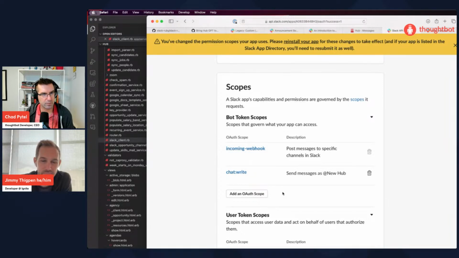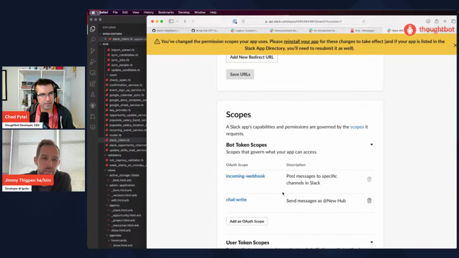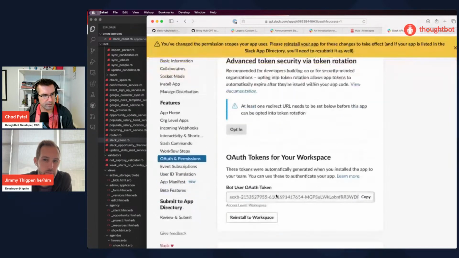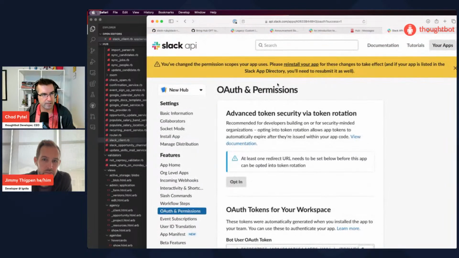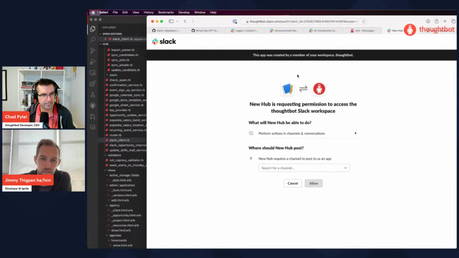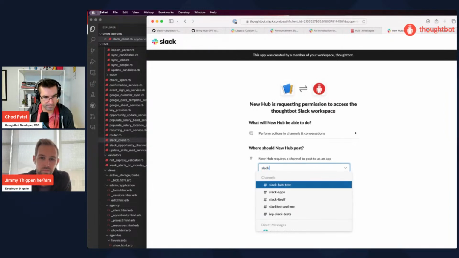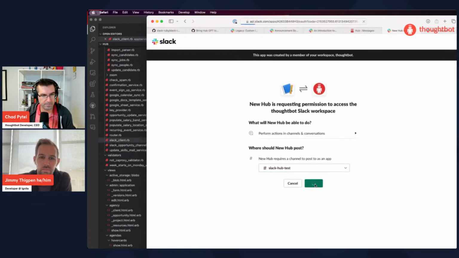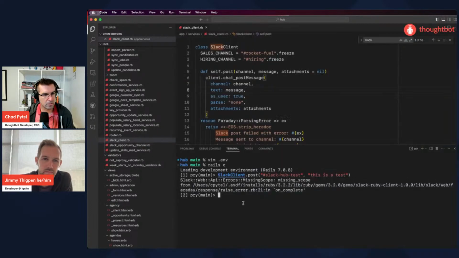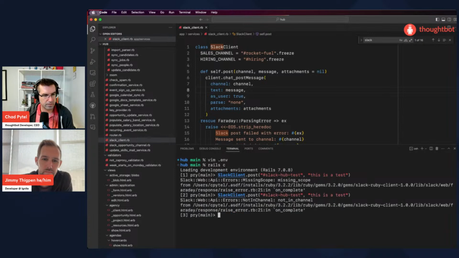It says, please reinstall your app for these changes to take effect. Yes. Anytime we update a scope, we'll have to do that. Okay. And you might be able to just click that link at the top that says reinstall. I think that might take us through the flow. Yeah. Not in channel.